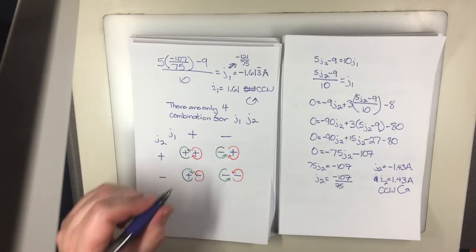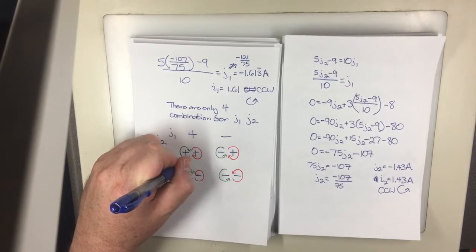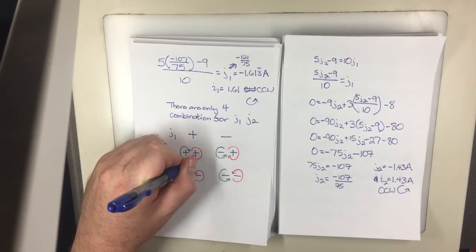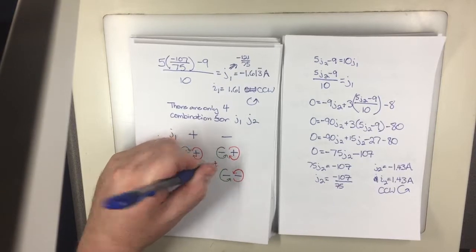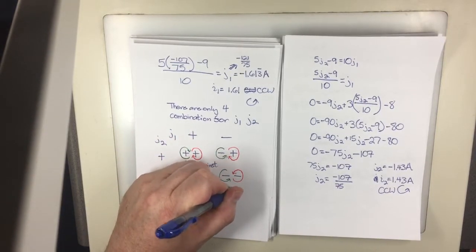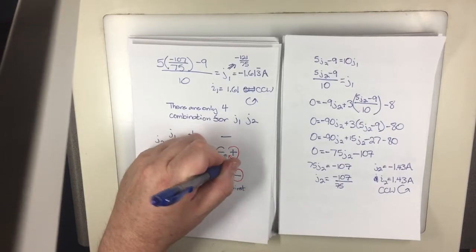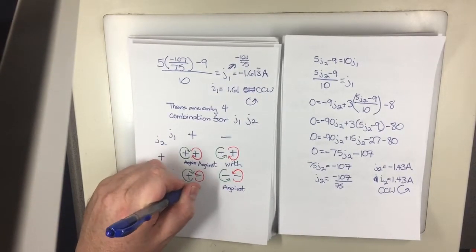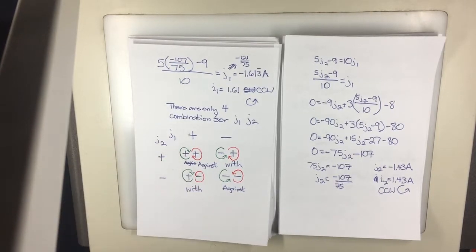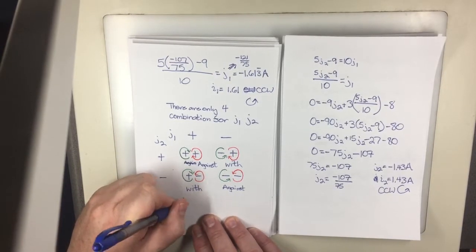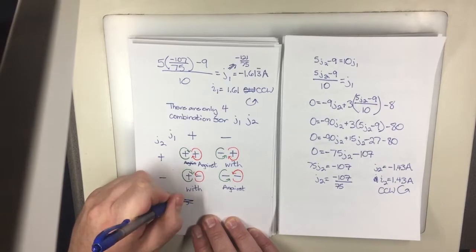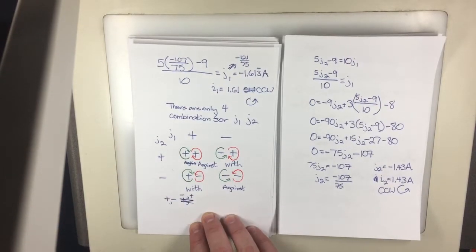You can look at these and see the following. There are only four cases: positive, positive; negative, negative; positive, negative; and negative, positive. Where there are different signs in the J's,